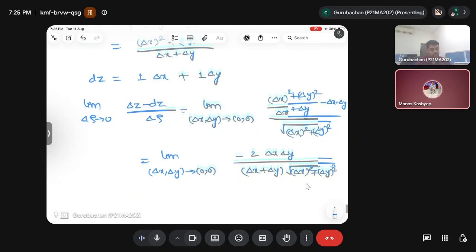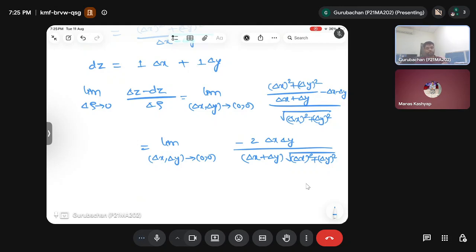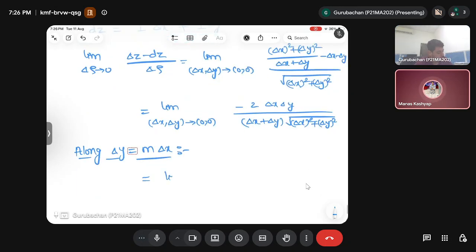Which has the greater degree, numerator or denominator? Both degrees are the same. So is it an advantage or a disadvantage? A disadvantage, the limit will not exist, and obviously it will not go to 0. But it is a disadvantage in that scenario and an advantage in the proving sense. In proving that the limit does not exist, it is very easy. It takes a lot of effort to prove that a limit exists, the function is continuous, or it is differentiable. So this will be 1 plus m under root 1 plus m square. Therefore,